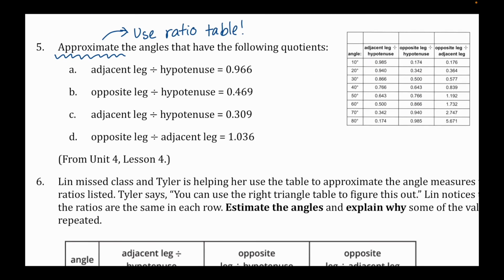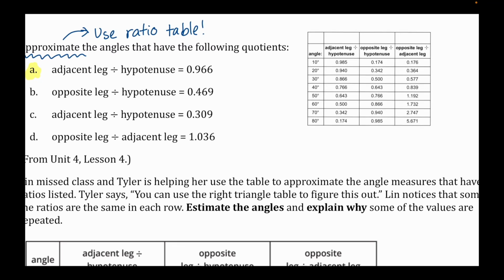Since we have A, B, C, and D, I am going to try to use some highlights to show different colors here, which ones I'm talking about in the table. I'm going to start with yellow, adjacent over hypotenuse. So A, we're going to go with yellow, adjacent over hypotenuse. That's going to be my first column. Oh, actually, you know what? I can put a little dot in the first column there. And that is